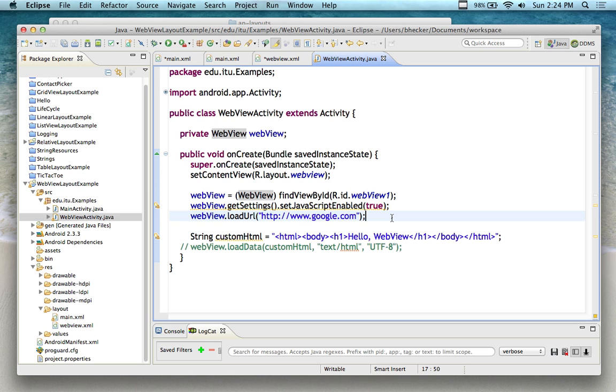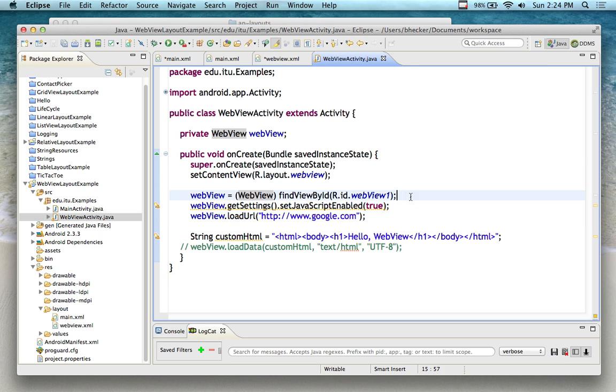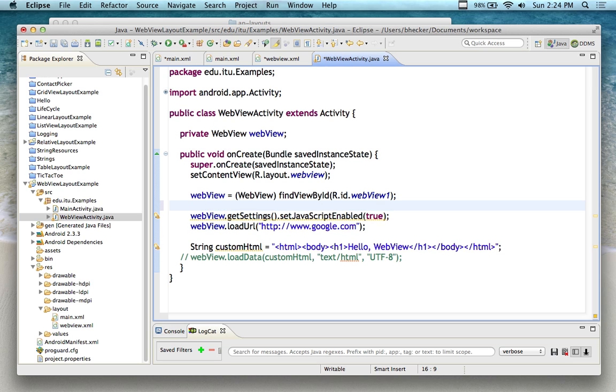Here's the new code. I commented it out from the example, you might have to show you a couple of different examples. In this code here, Webview is going to be equal to find view by ID, Webview 1. Well, that's the Webview that we created in the layout. How do we know which layout we're using? In this file, we're setting the context view to layout Webview, which is this layout down here called Webview. So Webview XML down here is being set as the context view for this particular file, which is going to be the Webview activity. And then we're going to get the settings, and we're going to set the JavaScript enabled